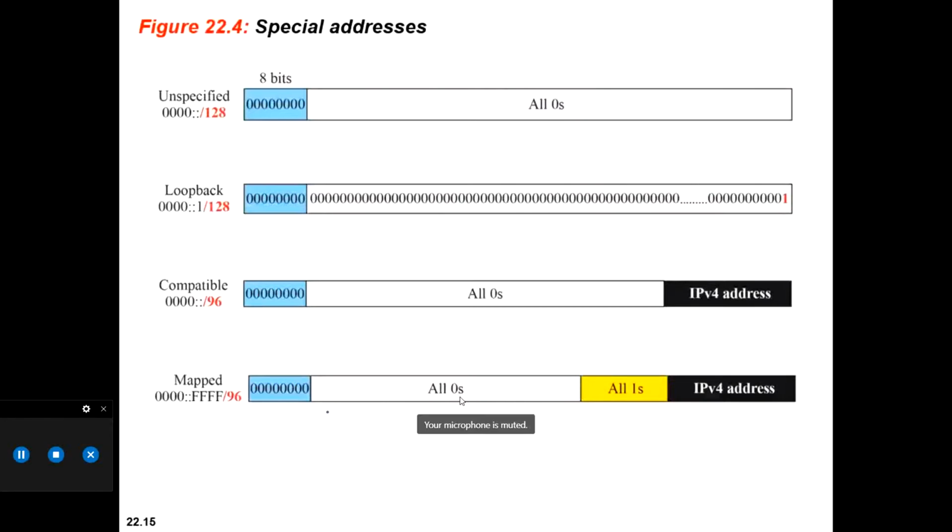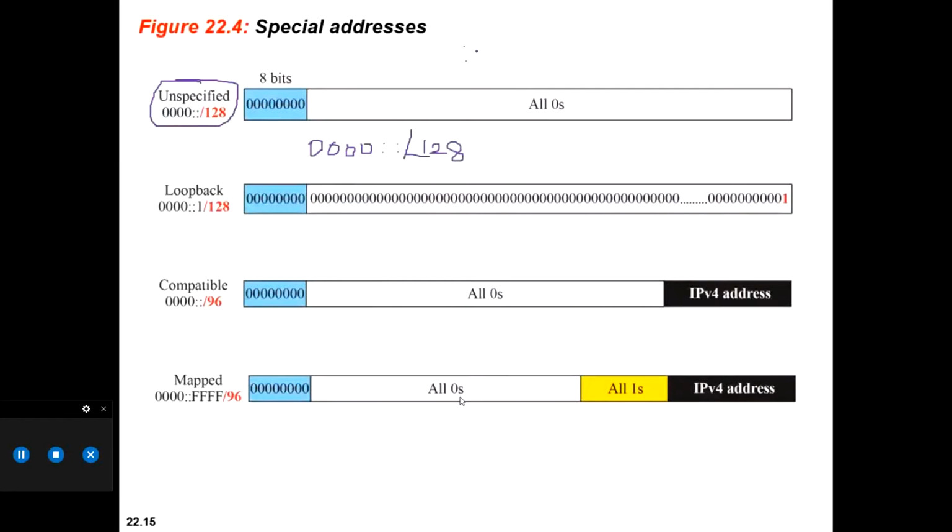IP version 4 पूरा embed हो जाता है IPv6 में, because IPv6 is a very long address. So this was the unspecified address. That means all zeros when you put, so that becomes a special address, and that is all zeros, so that means you only begin with 0, 0, 0, 0, and don't write anything. If you say 4 colon, that means इसके पीछे जब तक कुछ नहीं लिखे तब तक वो जो ये 0 है वो 0 ही चलता रहेगा.